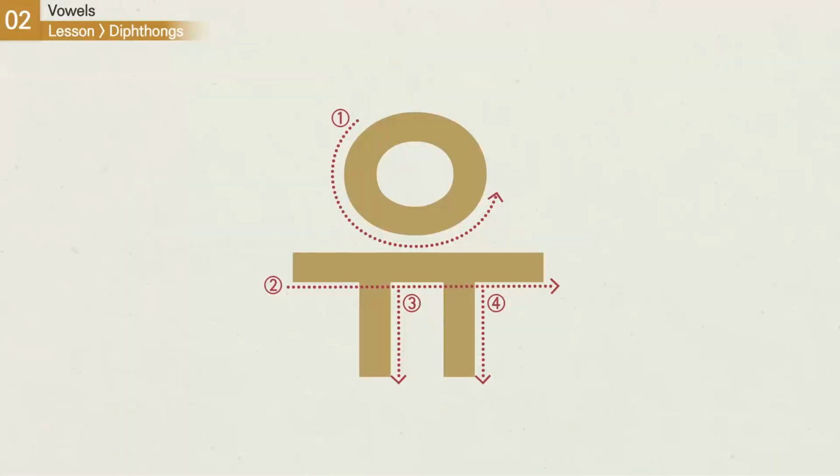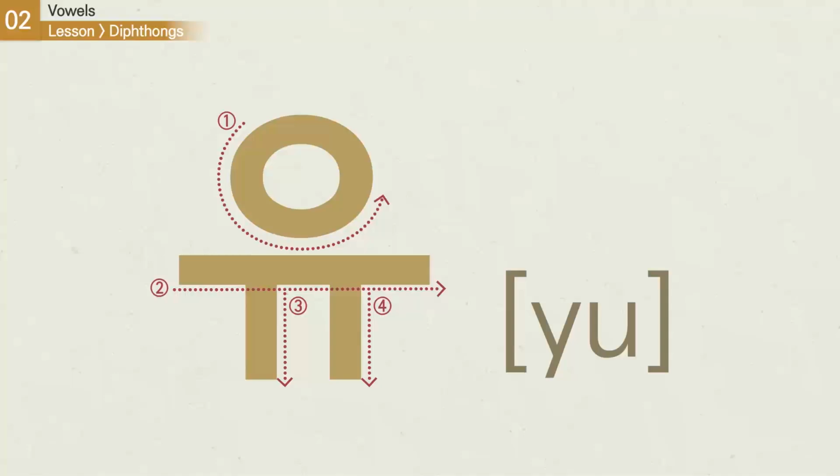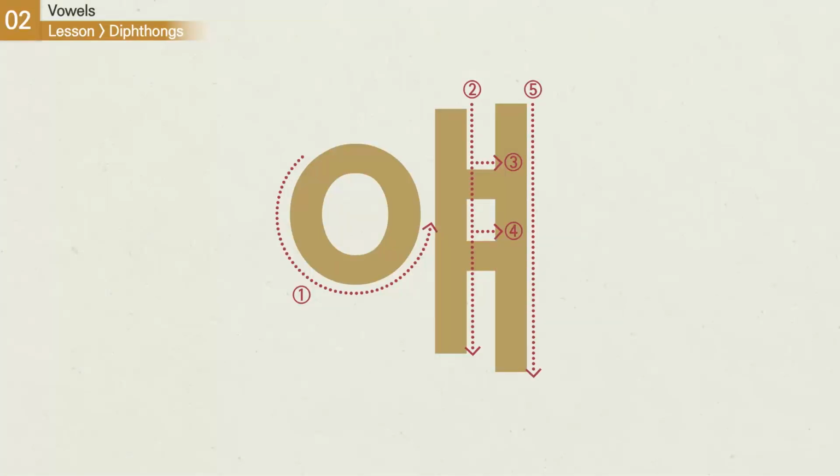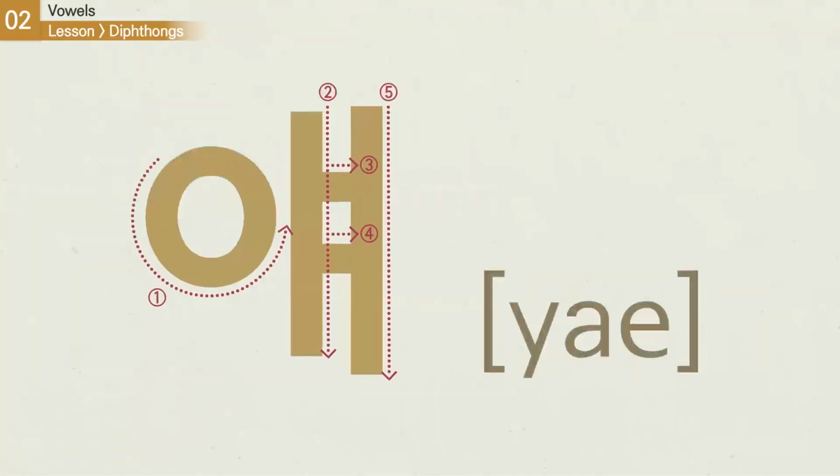You, also written as you, is pronounced you. Imagine that you are trying to say e and u very fast. Be sure not to pause in between pronouncing the two sounds. Repeat after me. You. Yeah, also written as yeah, is pronounced yeah. Imagine that you are trying to say e and e very fast. Be sure not to pause in between pronouncing the two sounds. Repeat after me. Yeah.